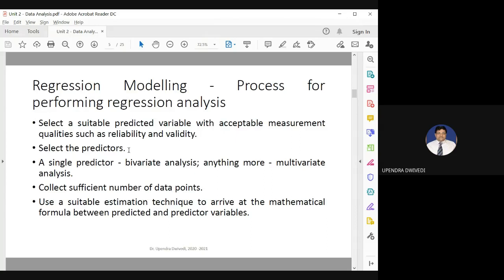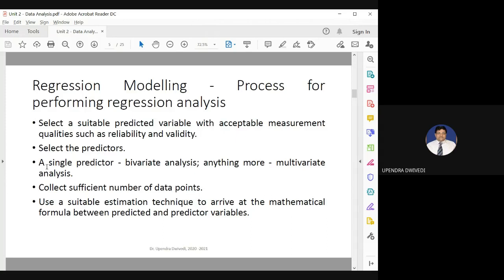Apart from that, location is also important. If your house is within a 10-kilometer range of an airport or railway station, it will have a high cost. If it is more than 10 kilometers, then it will have a lesser cost. And again, what floor you are trying to buy a house on also affects the price. In some countries, if you opt for a higher floor, you pay more, and in some countries, if you opt for a higher floor, you pay less. Based on that, you can select the predictor.